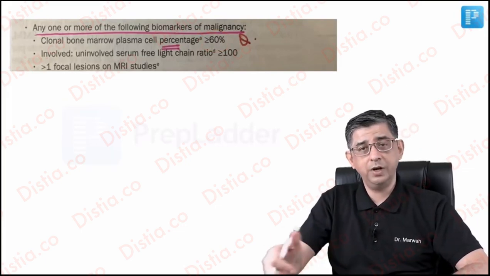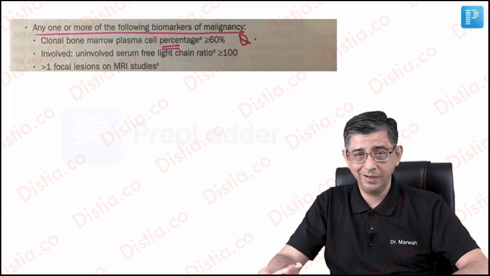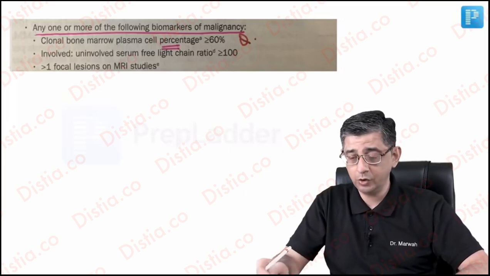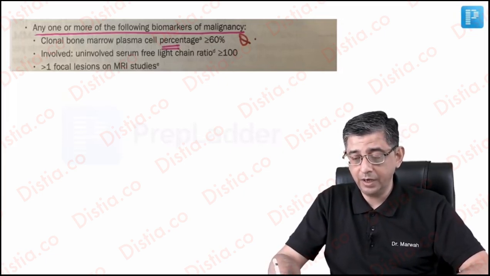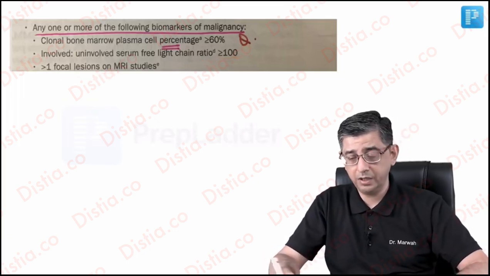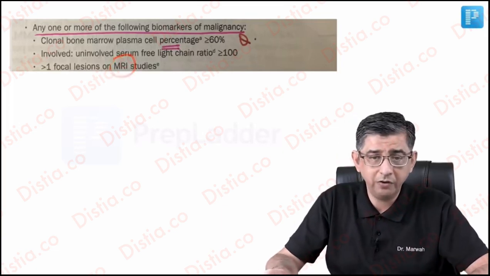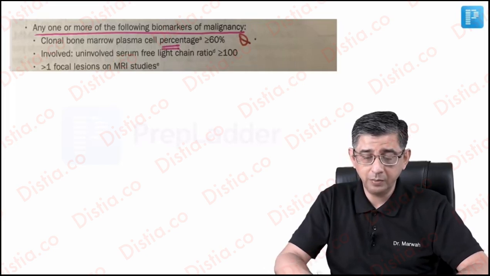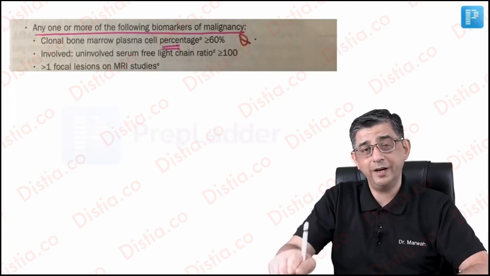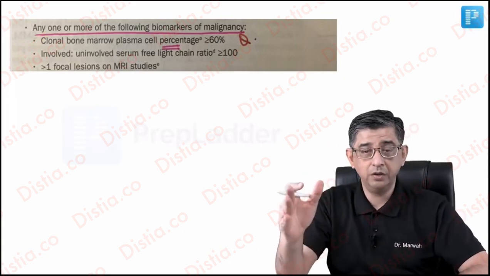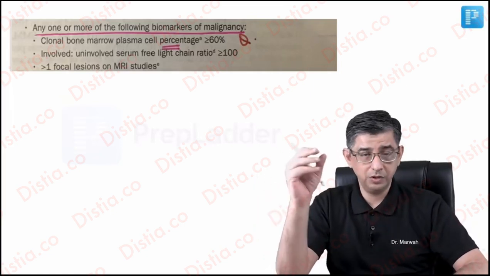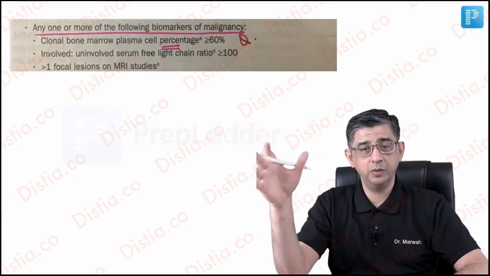He says biomarkers of malignancy for plasma cell tumor or plasmacytoma would be a clonal bone marrow cell percentage of 60%. And then is the light chain ratio. He's just described it mathematically, or maybe one focal lesion on MRI studies, or instead of MRI studies, we can do a PET CT for the person also. So the basic message is that this entire part that is currently on the slide before you is valid when there is no evidence of the person suffering from any CRAB manifestations. There is no myeloma-defining event described in the person.